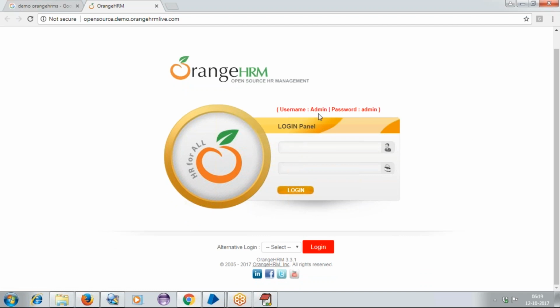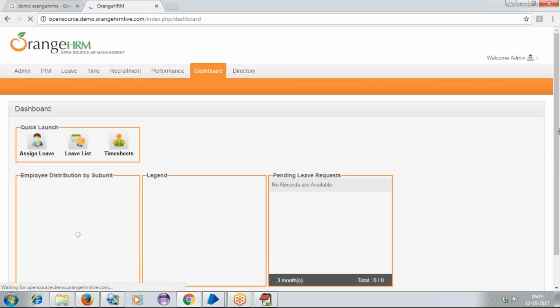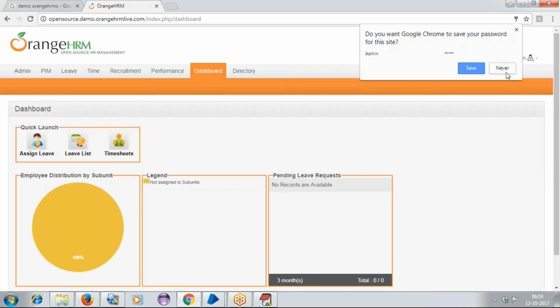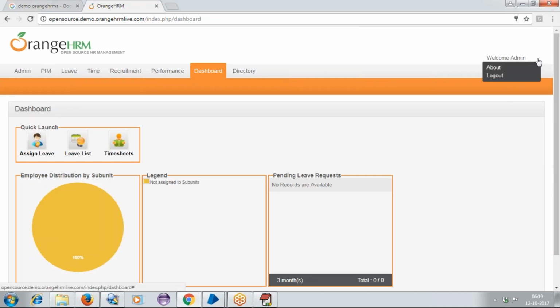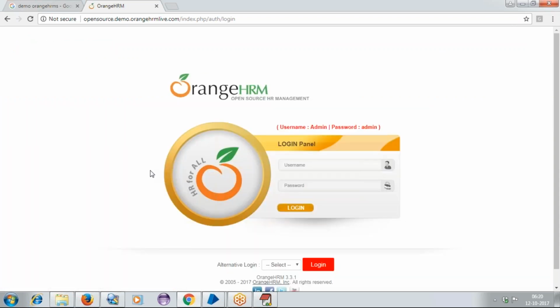Now these are the credentials you will be able to see here. I will be using the admin username and the admin password, and performing the login activity. You will be having all the things here. Then we need to take the logout. You will click on it, and then you will take logout. In my previous application, I was taking only one click activity for logout. Here you need two activities. First you will click on it. Next you will take this logout here. So for practice purposes, you can use this application here.